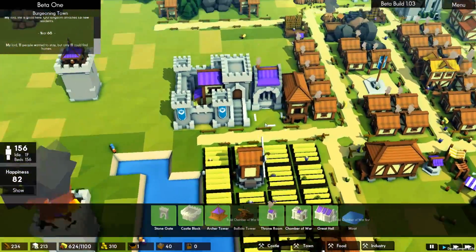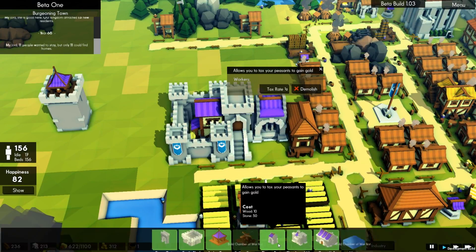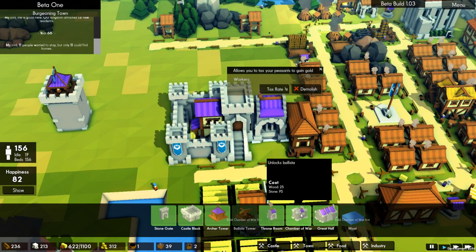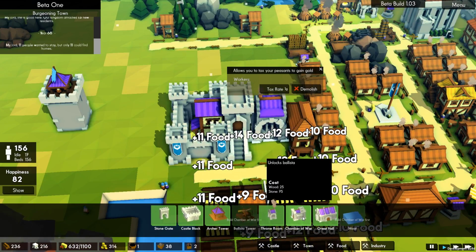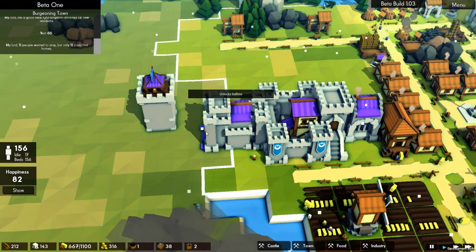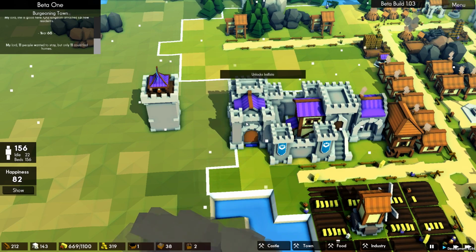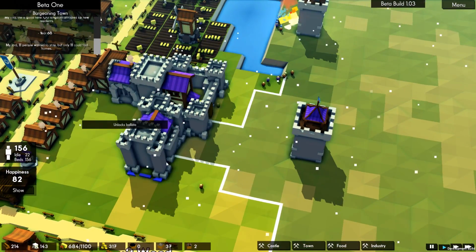So in here we have not built everything. We've built the Chamber of War, I think, haven't we? Which is that one. Yeah. Oh no, sorry, we built the throne room, which is this one. So we need the Chamber of War, which will allow us to have the ballista. So if we put that in now, I'm just going to chuck it, I don't know. It doesn't necessarily need to be right next to the castle, but...